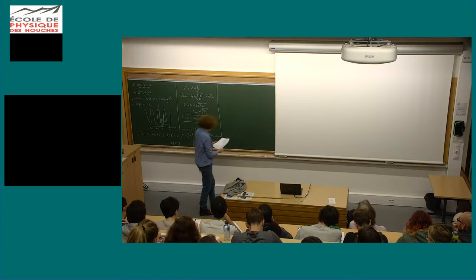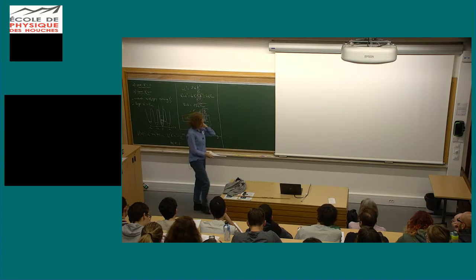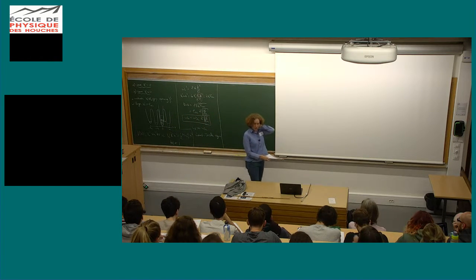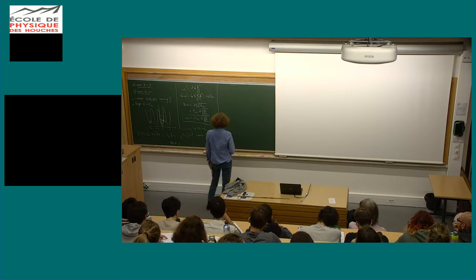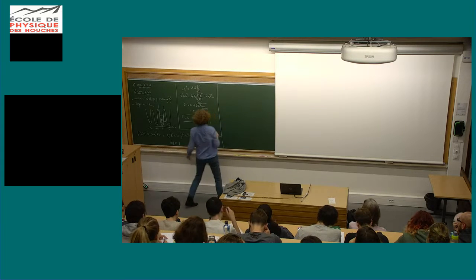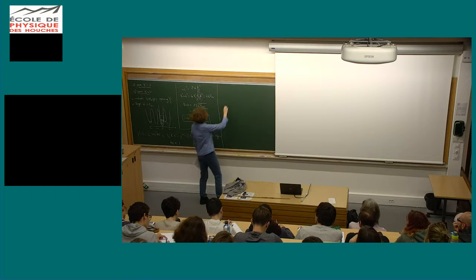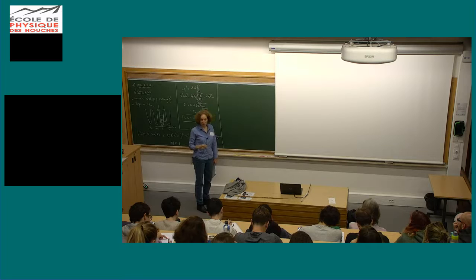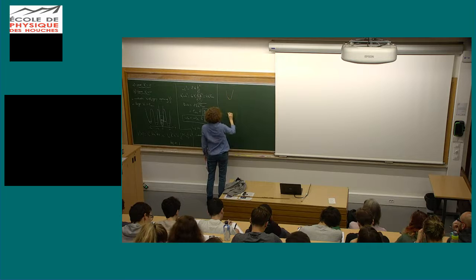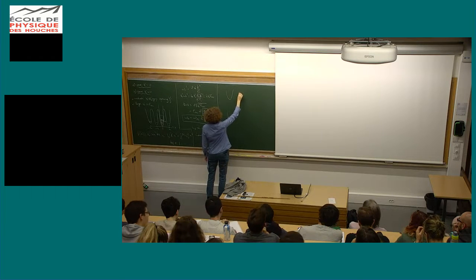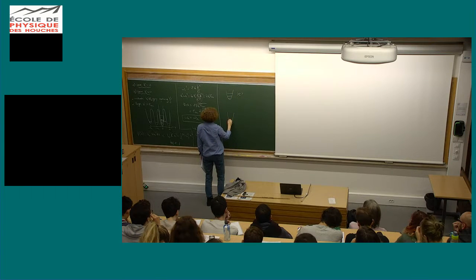And so why is it interesting for metrology? Well, this is at the basis of the new optical lattice clocks. And the idea is that if now you have an excited state which is trapped, so let me concentrate on just one well, and let me assume that the atom has an excited state which is trapped exactly in the same way, I will discuss this later, why it is possible. So I have an excited state with exactly the same level spacing as in the ground state.